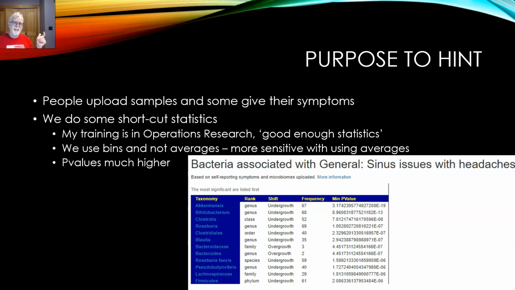That is technically lower, smaller values. If you look down here, you notice we have e to the minus 6, minus 19, which means you move the decimal point over 19 times to the right. Instead of 0.01, you're talking about 0.00000000003 chance of just happening by randomness. In other words, we have much stronger association, much greater statistical significance than what you find coming out of PubMed